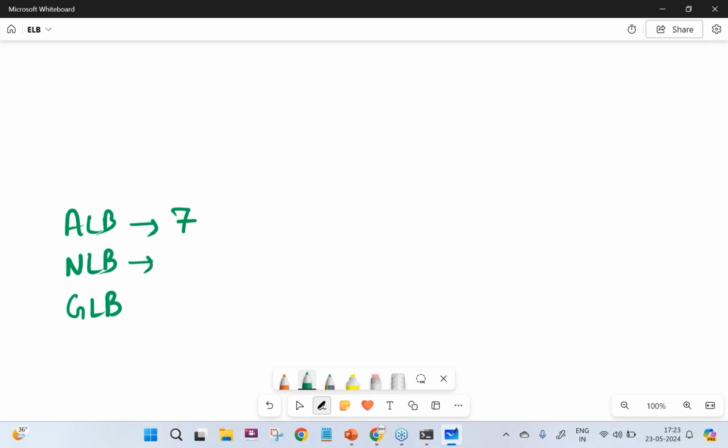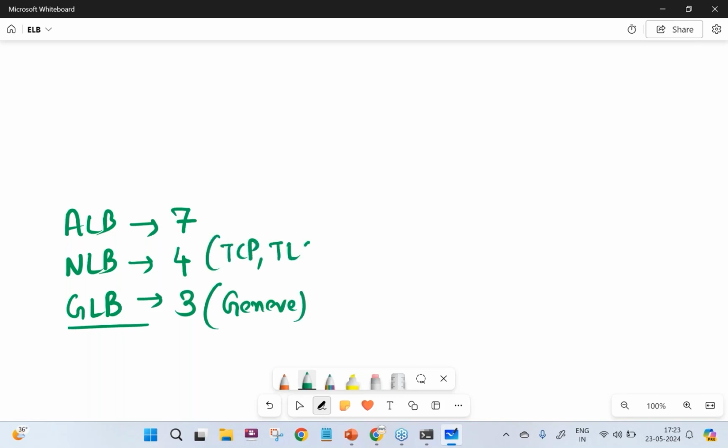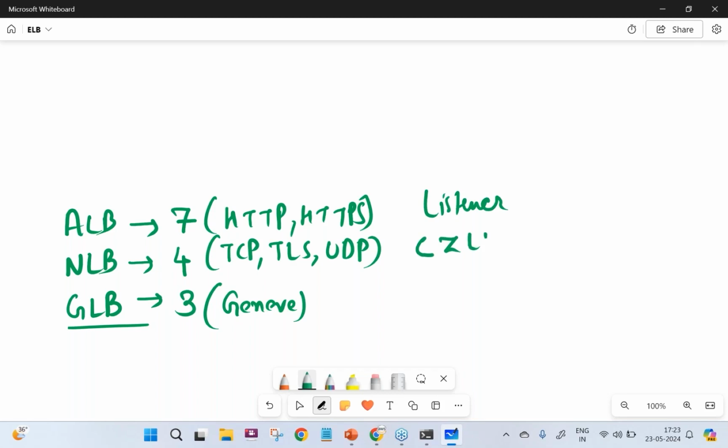Application load balancer works at layer 7, network at layer 4, and gateway at layer 3. Gateway uses the GENEVE protocol, network uses TCP, TLS, or UDP, and application load balancer uses HTTP and HTTPS. We also discussed the listener, cross-zone load balancing, and deregistration delay.